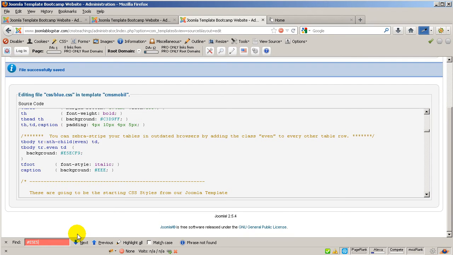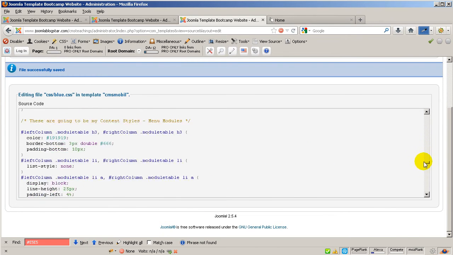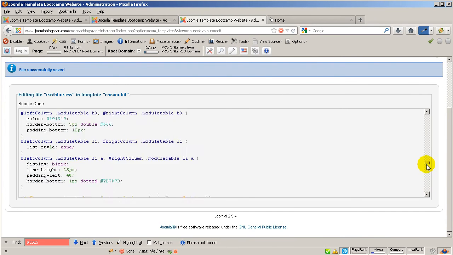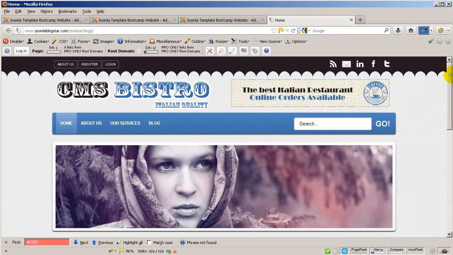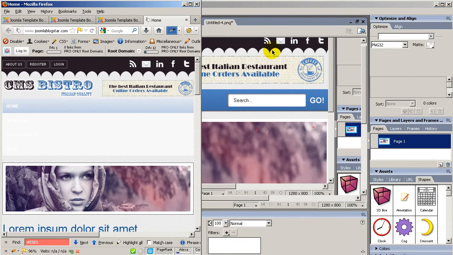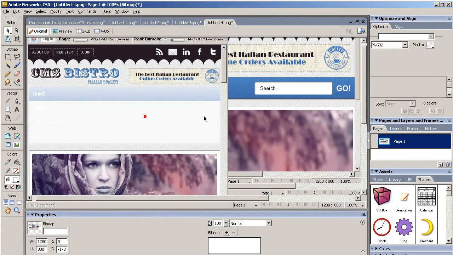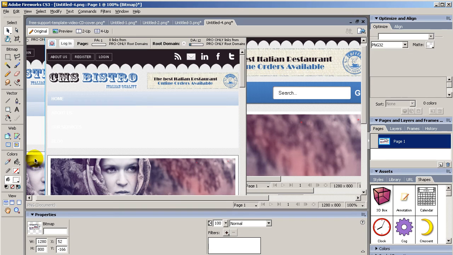E5, and let me analyze, because we should have, let me scroll all the way down, and I don't find the E5. Let me analyze and reduce the color again, and I am going to click print screen. Then I am going to go back in here to my Firefox and Ctrl V. As you can see, I will be able to see the color,